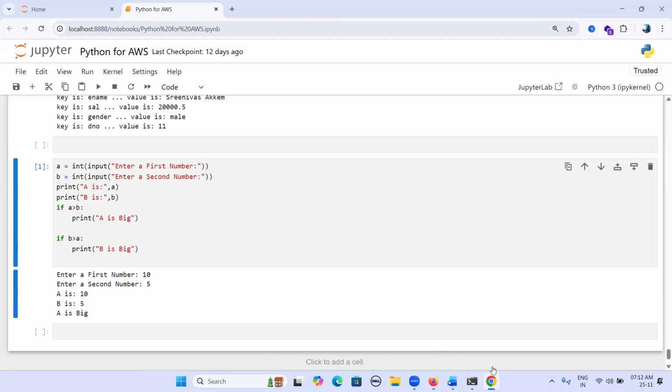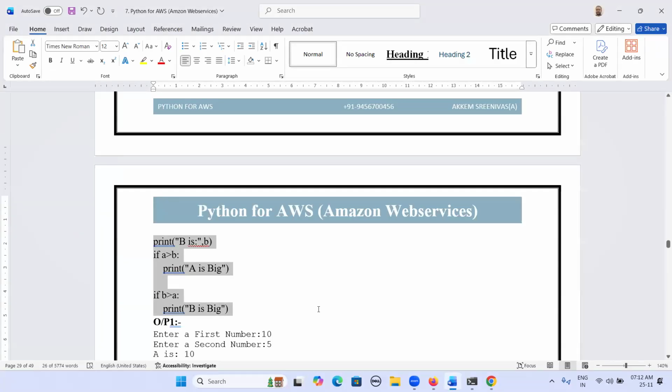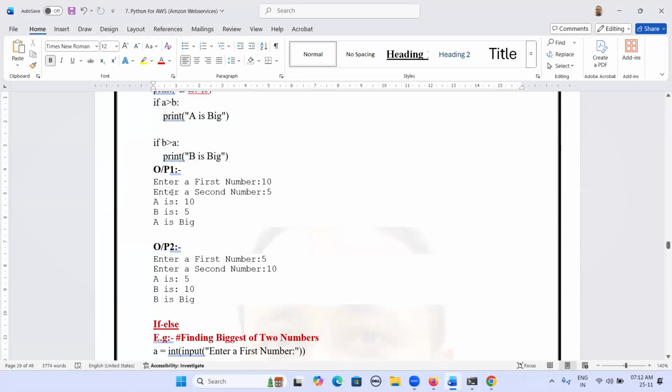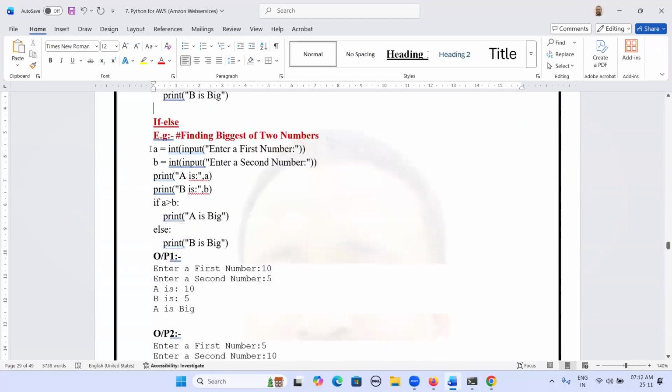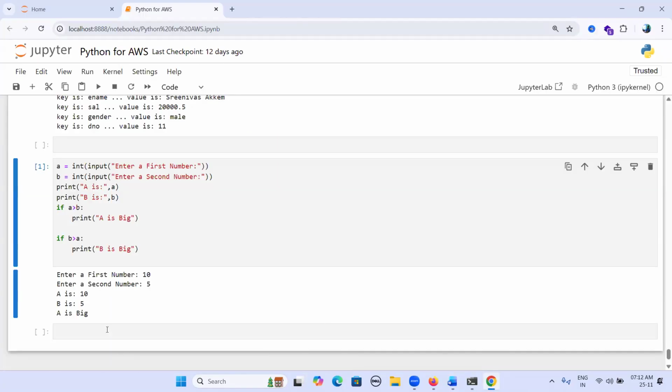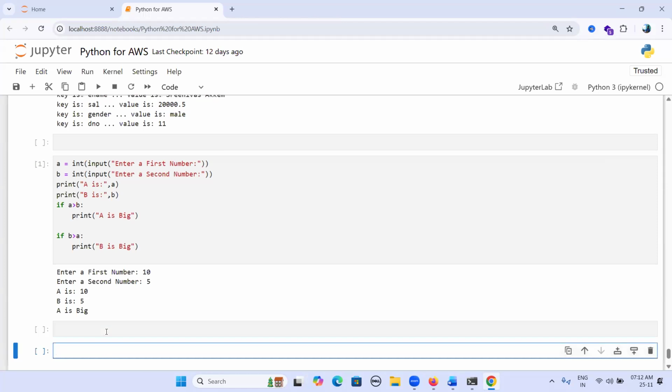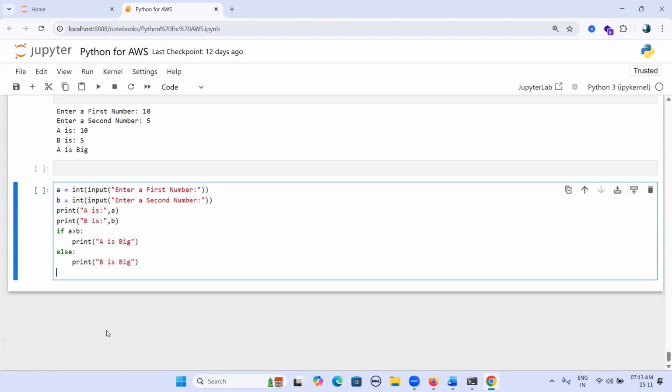Let me convert the same program using if else. Same program I am taking, just instead of writing multiple if conditions, I am using: if the condition is true, execute this statement.